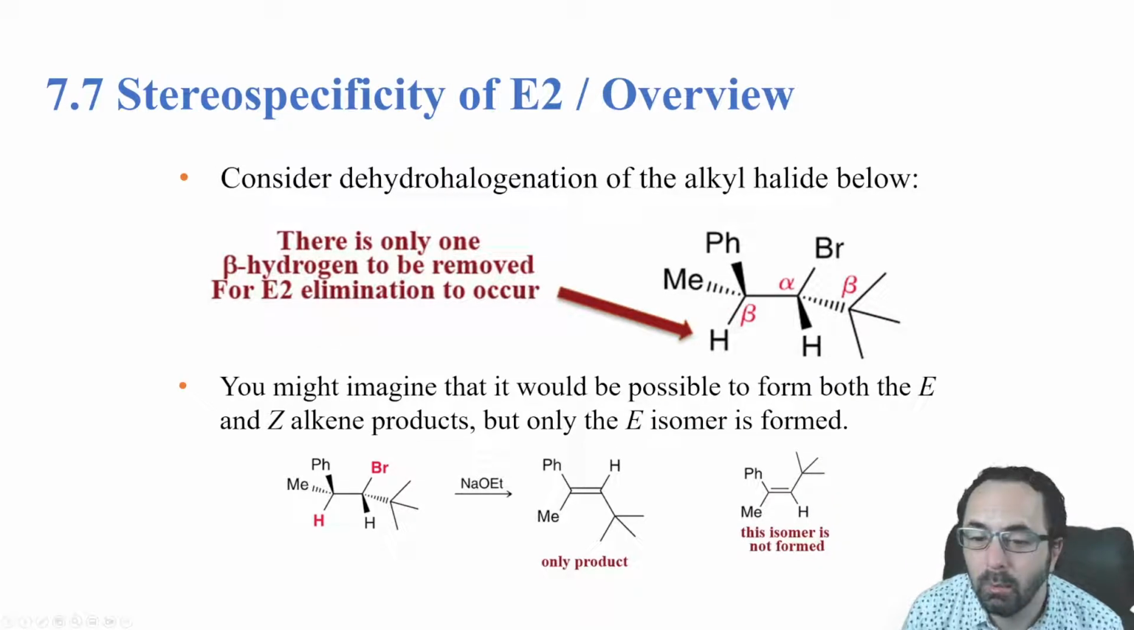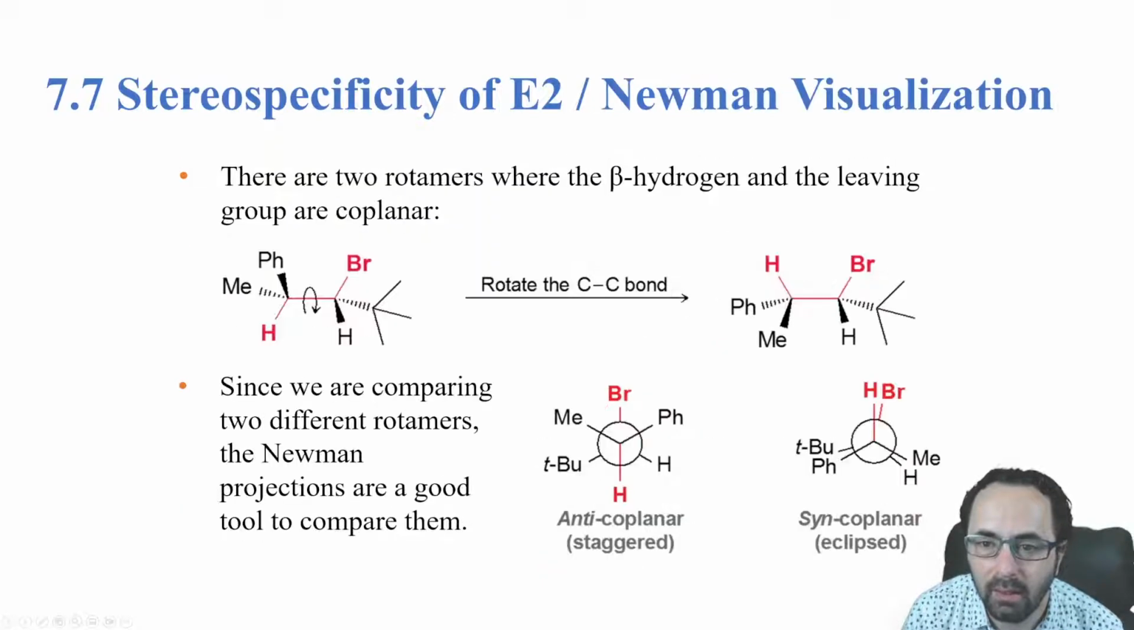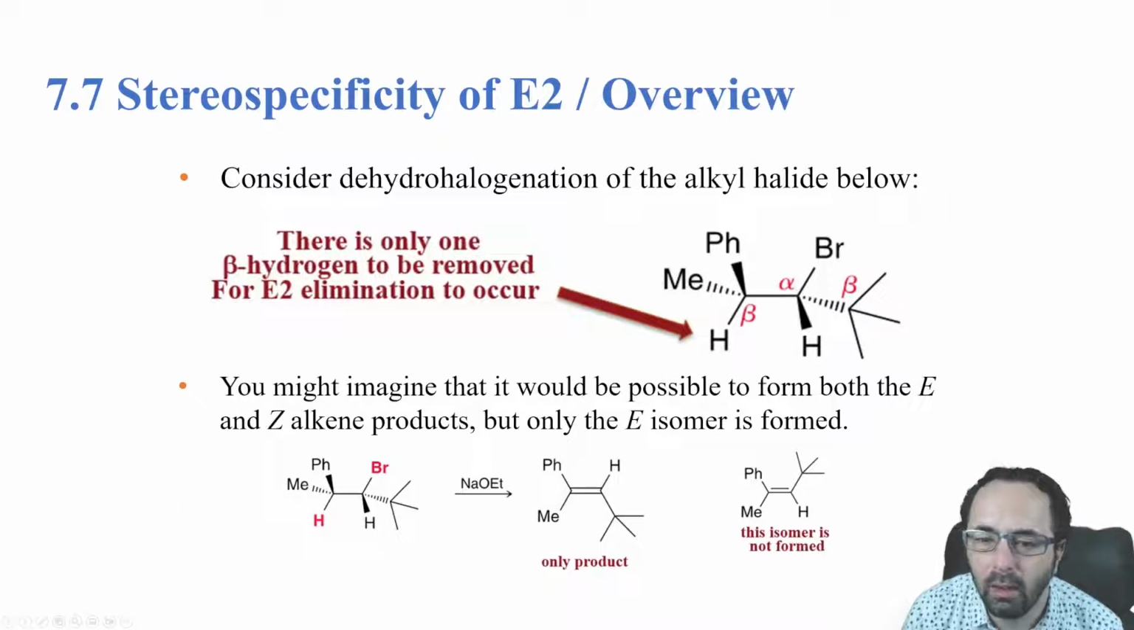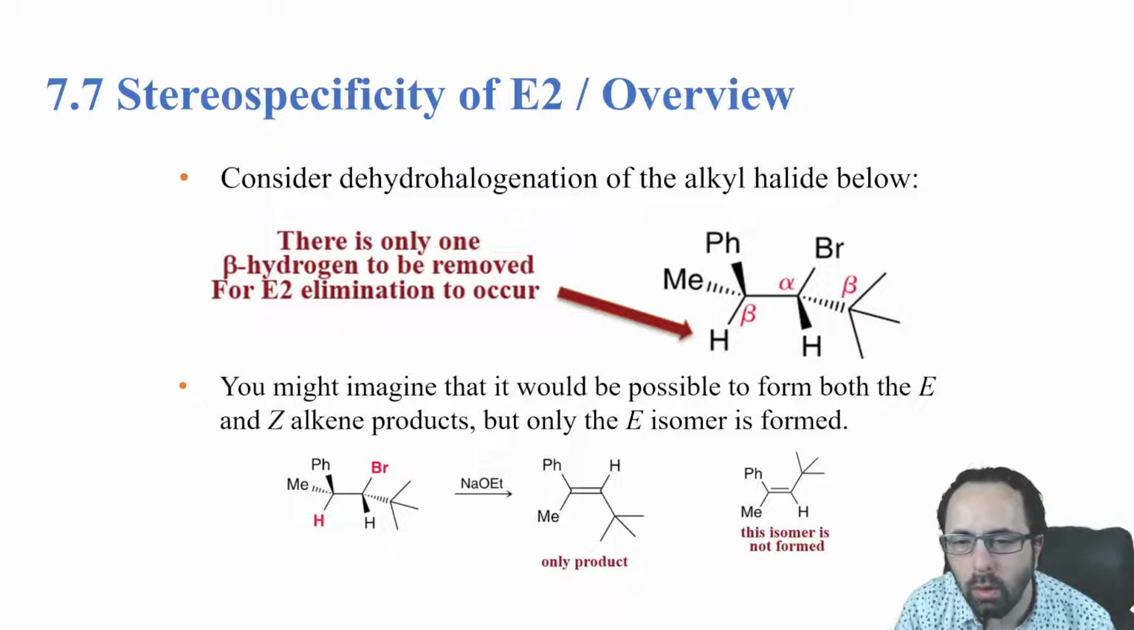Finally, when it comes to E2, a lot of the time there's only going to be one possible isomer that can occur. This is due to what is called stereospecificity. Now, stereospecificity takes a little bit of time to explain, so we're going to finish up talking about the E2 mechanism, stereospecificity, in the next